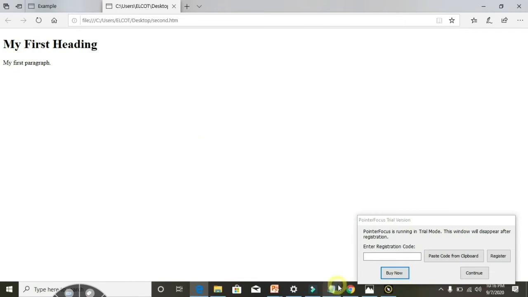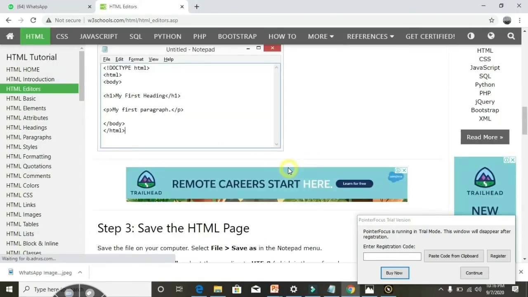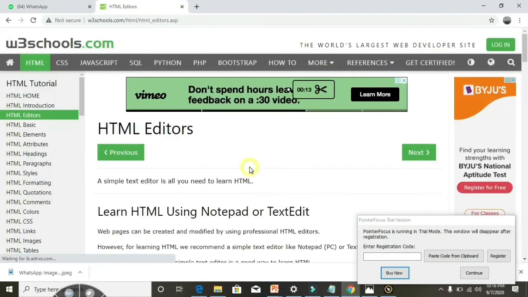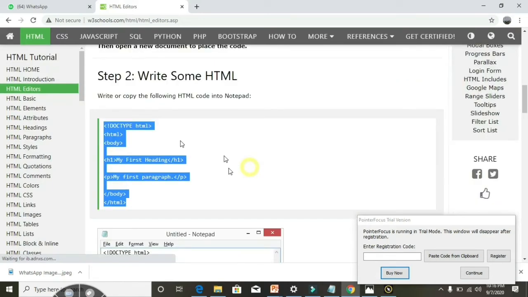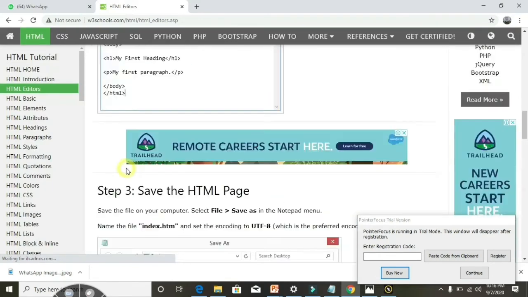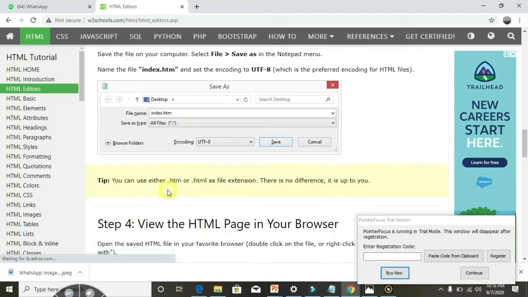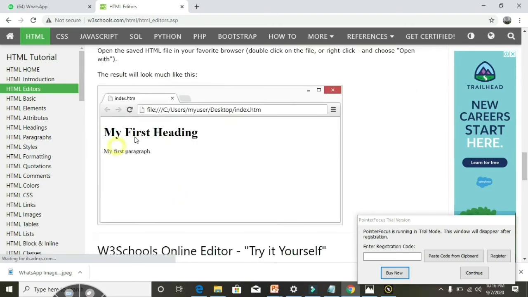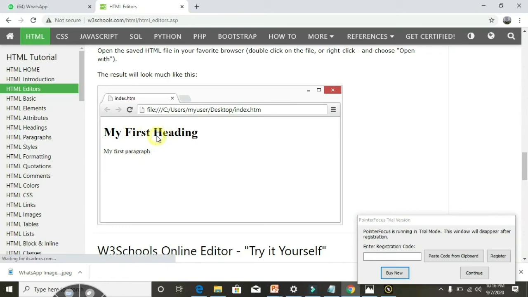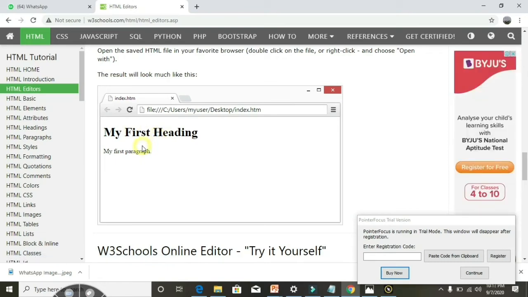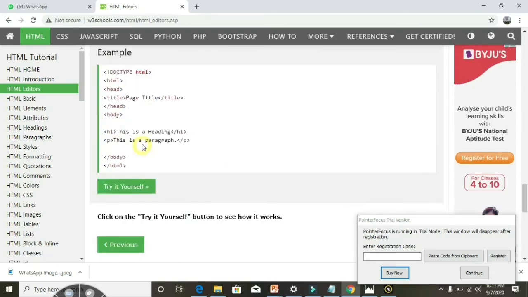Okay, so you have to know the steps for how to write simple programs. First you type the program in Notepad, the HTML tags, and you save your program with the extension .html or .htm. This is the extension of HTML programming, and you can execute your program using any browser: Google Chrome, Internet Explorer, Mozilla Firefox, Opera. You can see your program outputs. Okay, so next program I will